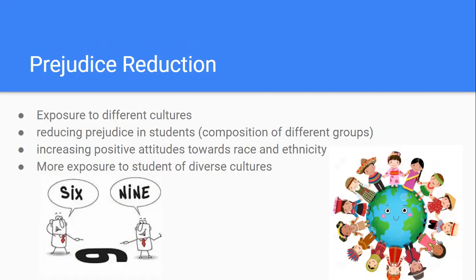Prejudice reduction is the dimension of multicultural education that seeks to help students develop positive and democratic racial attitudes. It also helps students understand how ethnic identity is influenced by context, schooling, and the attitudes and beliefs of dominant social groups. Prejudice is said to be reduced by interracial contact if the contact situations have characteristics such as cooperative groups rather than competitive, or individuals experiencing equal status despite their background or race.